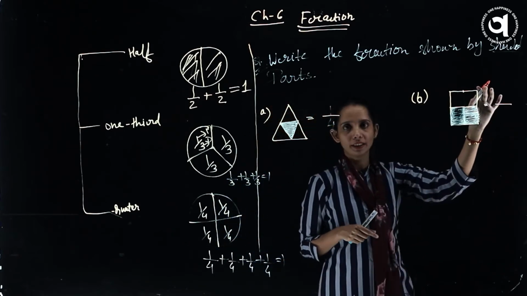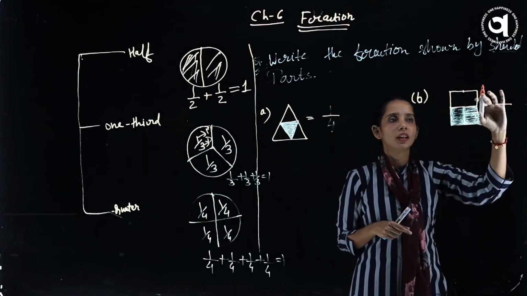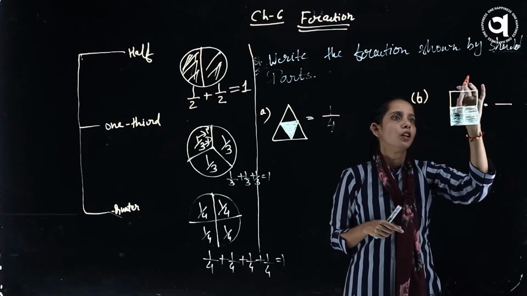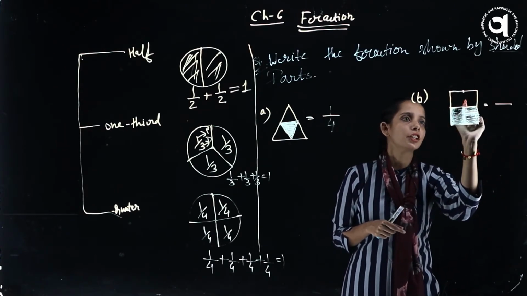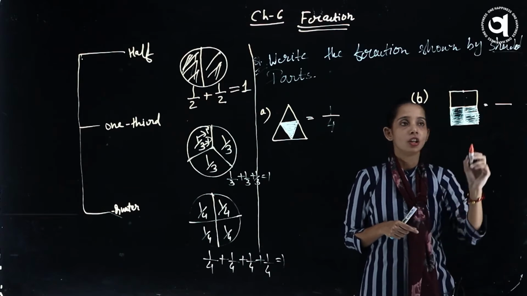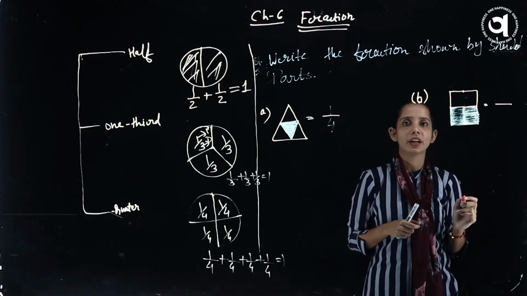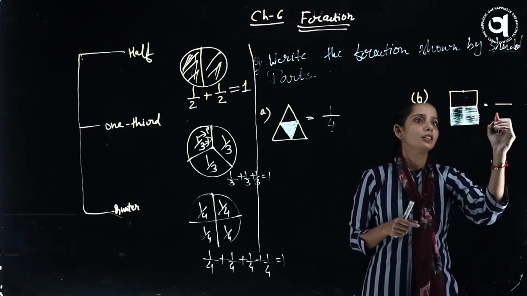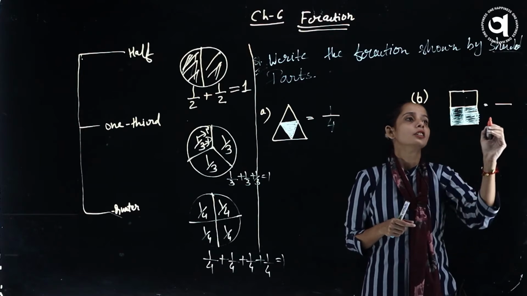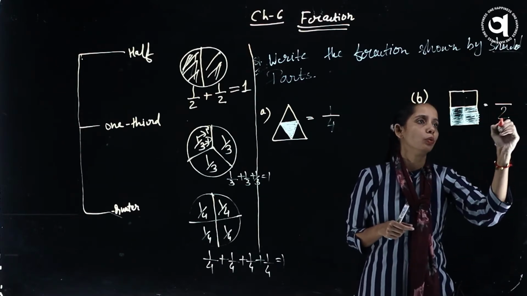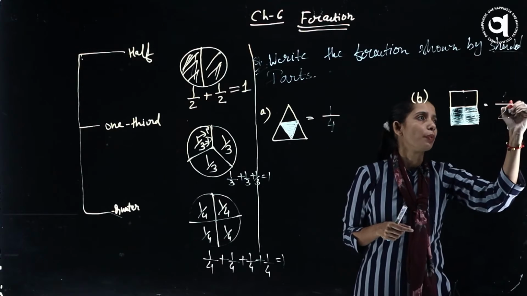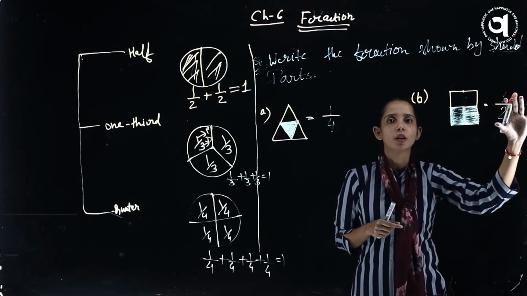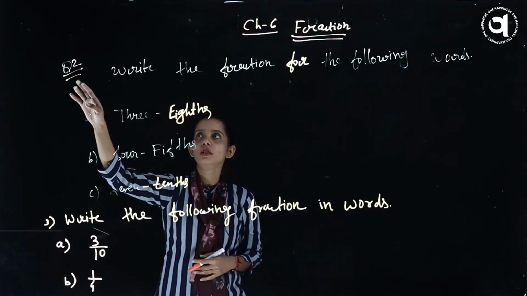Now here you can see the total object is 1, here 1 square is given. It is divided into two equal parts. 1 is colored and 1 remains. So how many parts is it divided into in total? The total parts are 2. Out of that, how many parts are colored? 1 part. So its answer is 1/2. Let us take another question.